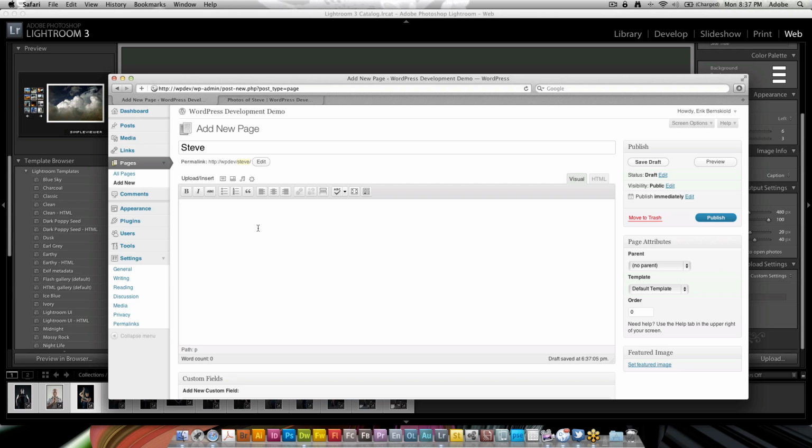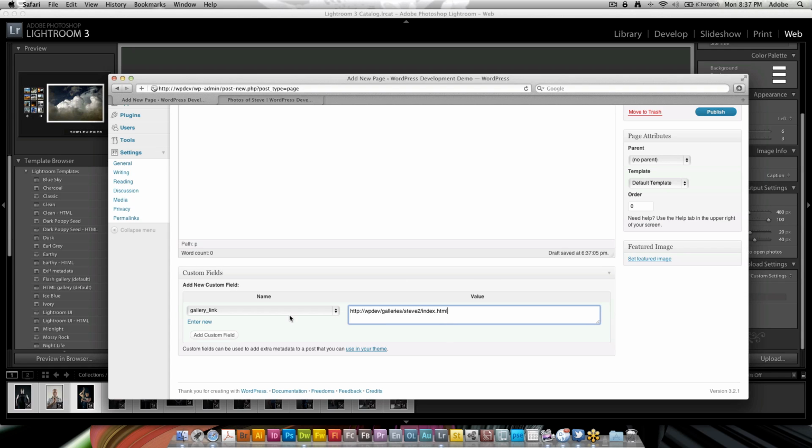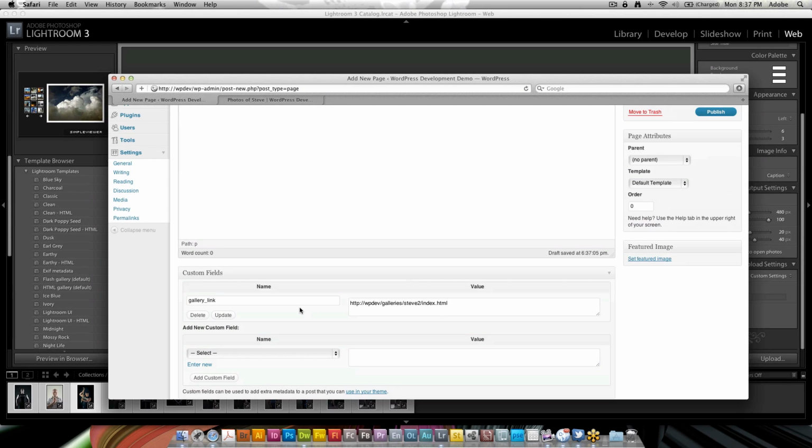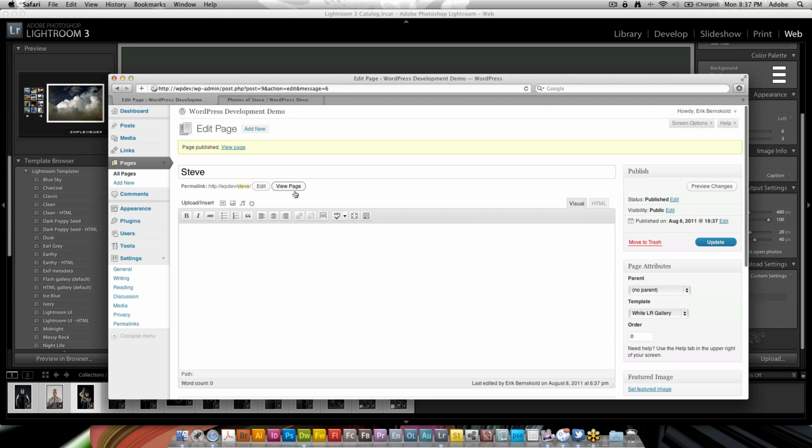Not there, so I'm going to skip that. Let's choose gallery link. Paste in. So once you've entered in the custom field, it's going to be there forever. You just need to paste in the URL in the value field, click add custom field, choose the template, white LR gallery in this case, publish,